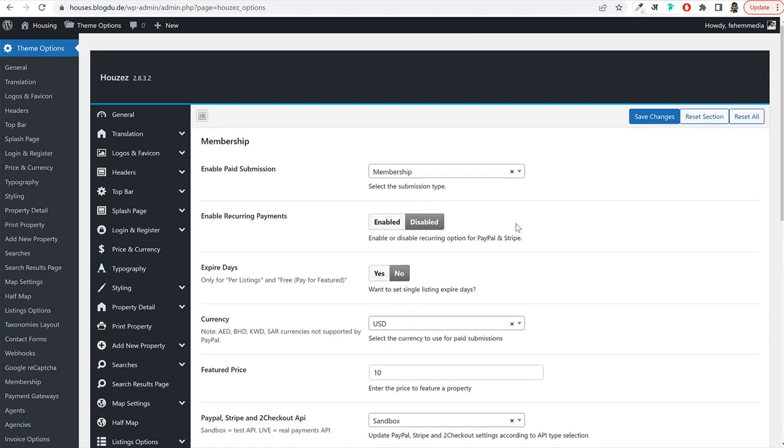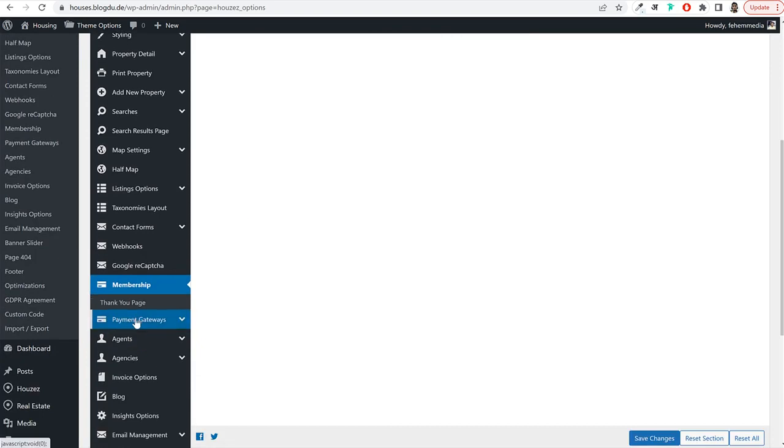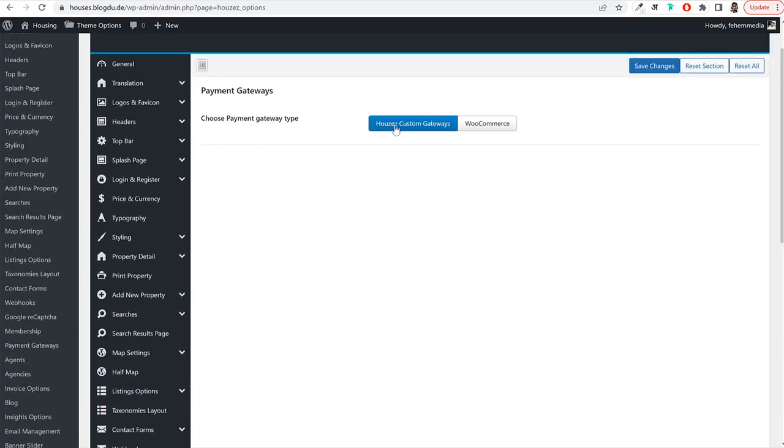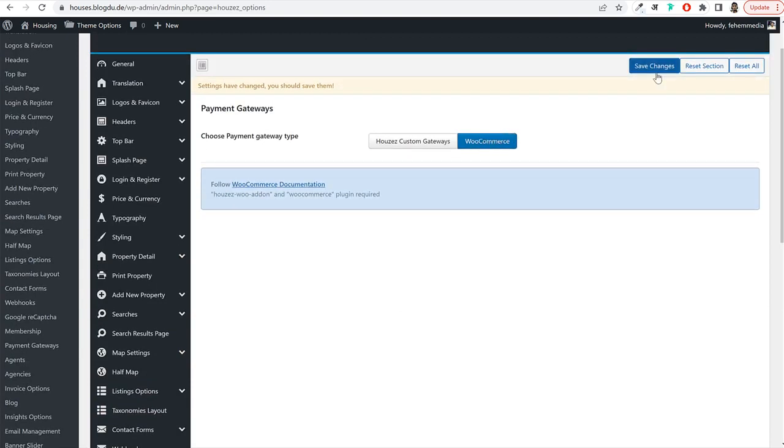Now we have enabled membership, we need to accept payments. So how do you want to accept payments? For that, you will have to click on payment gateways. By default, it is Houzez custom gateway. I'm selecting WooCommerce, so I'll select WooCommerce and click on save changes, because many times you want to use some